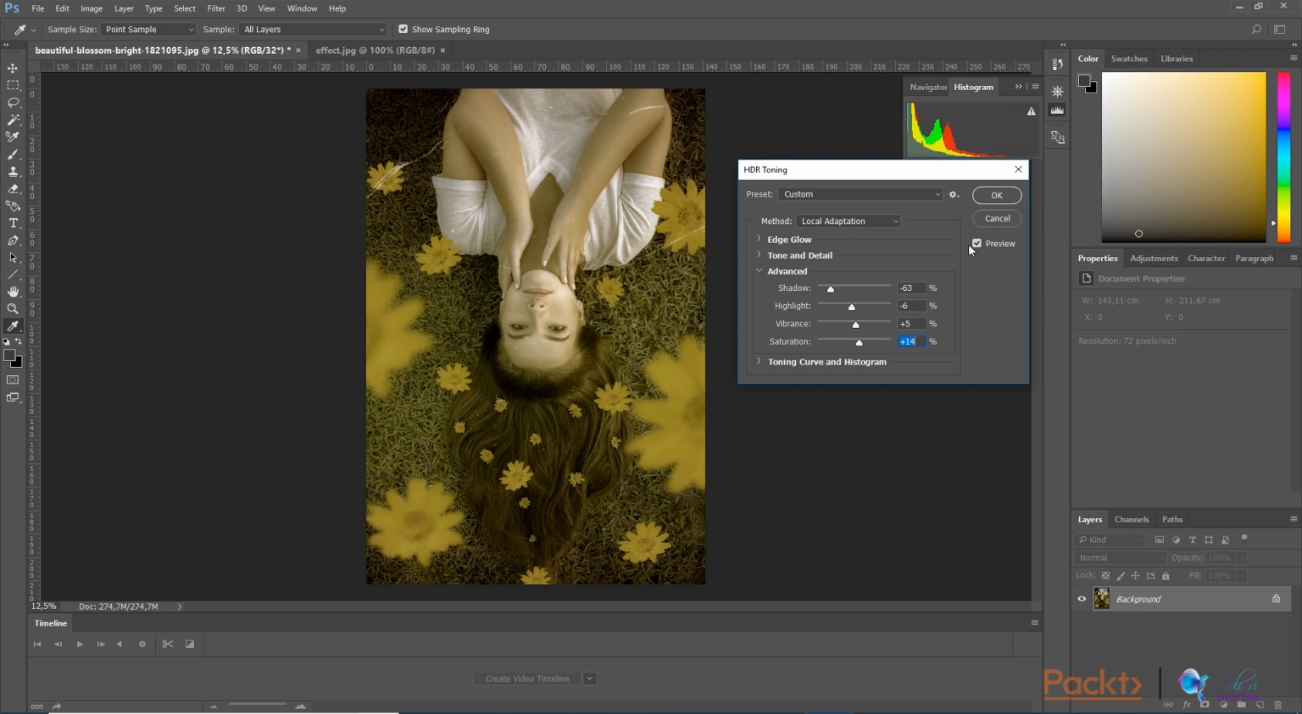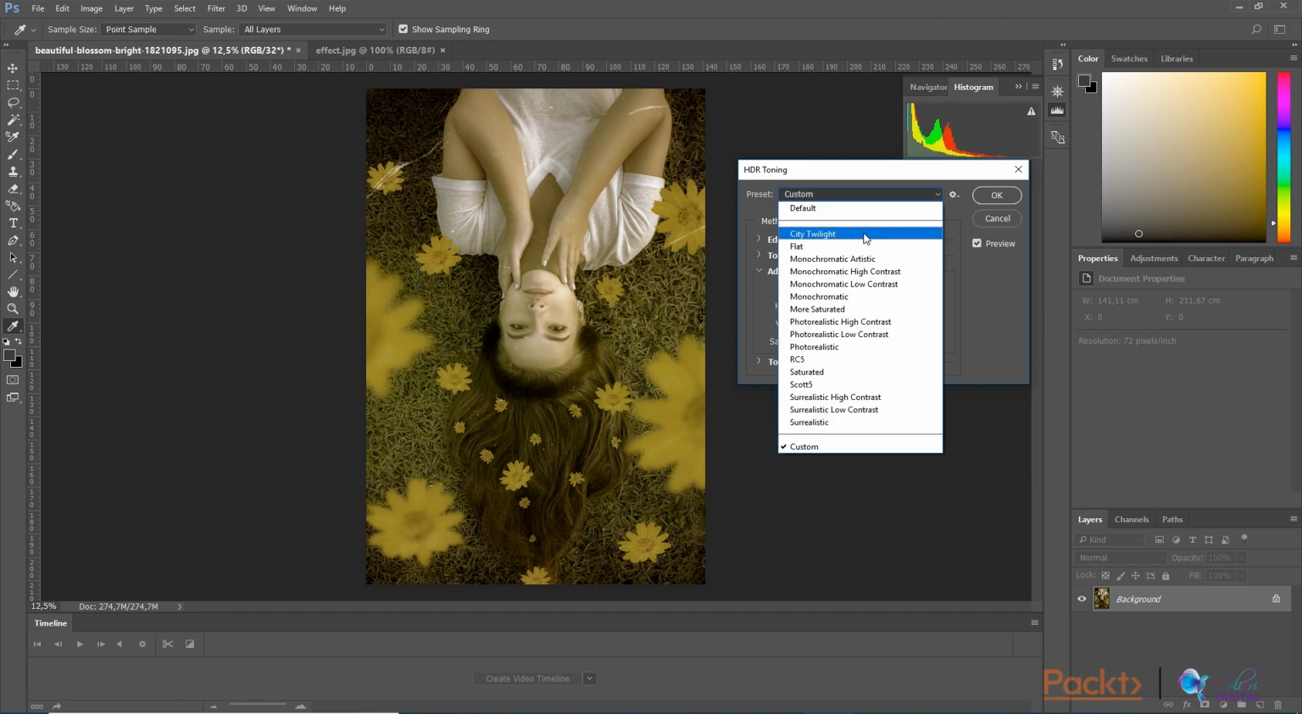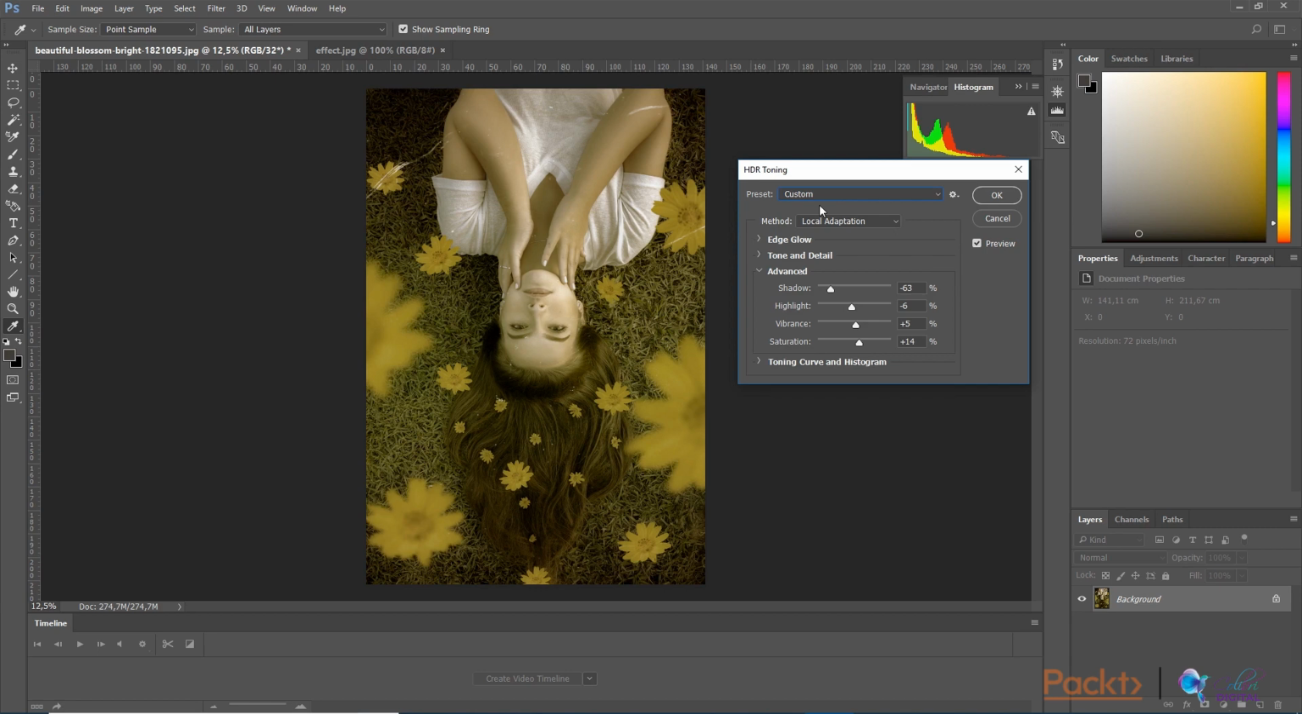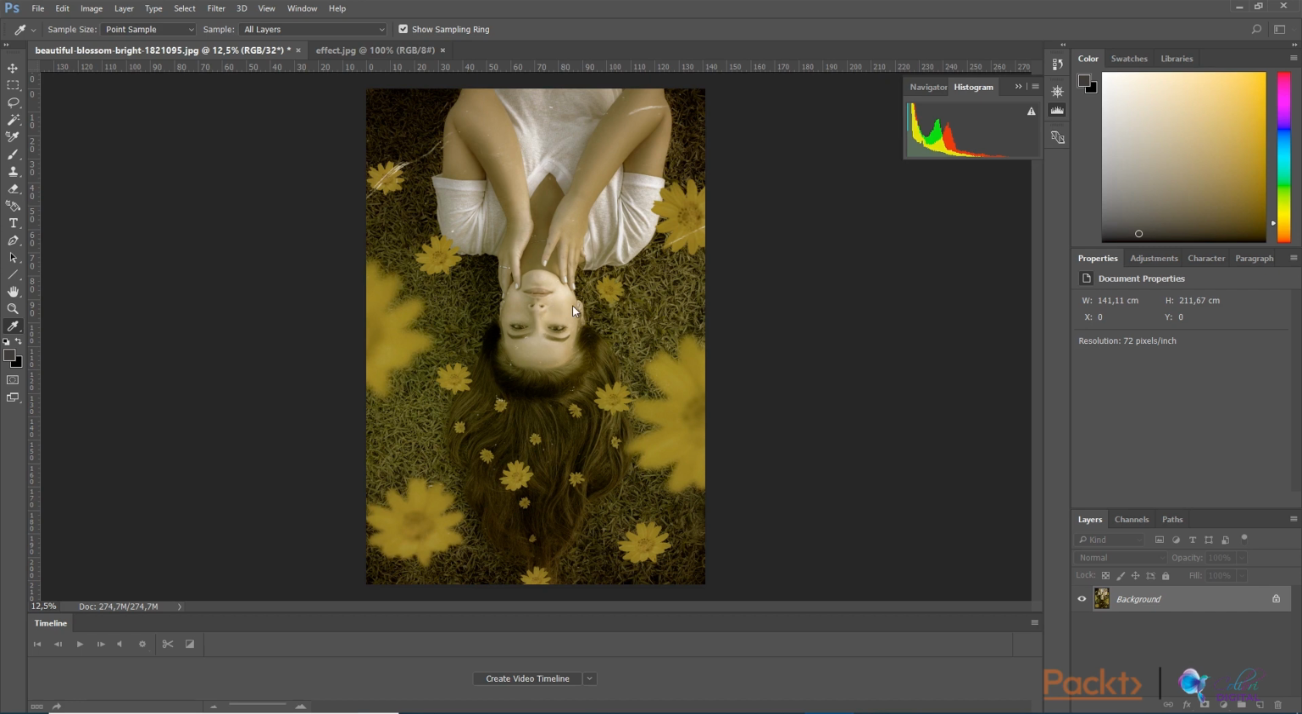So you have also preview options. We have it by default selected, and the preset is Custom. You have Twilight, Flat, Monochromatic, Artistic, and other options that you can apply to your image. They are all pre-prepared HDR toning settings, but for our case, we're going to use custom HDR toning settings. Pressing OK. And now I think that we have one pretty good looking vintage image that we have achieved from the first image